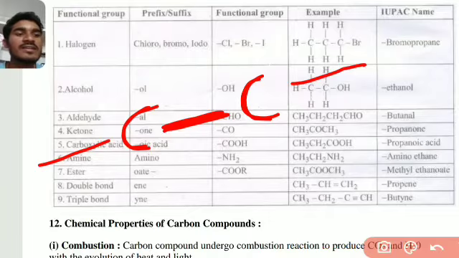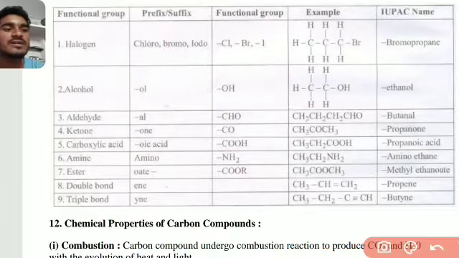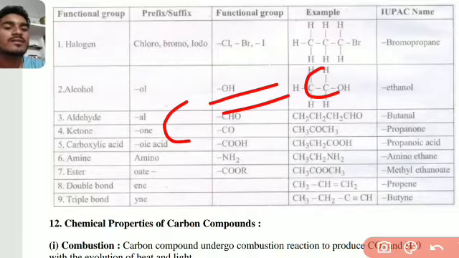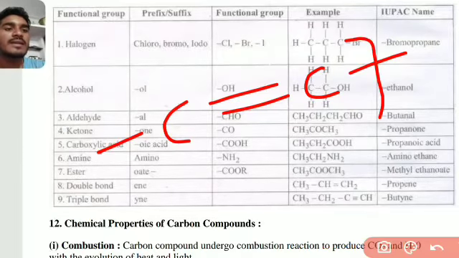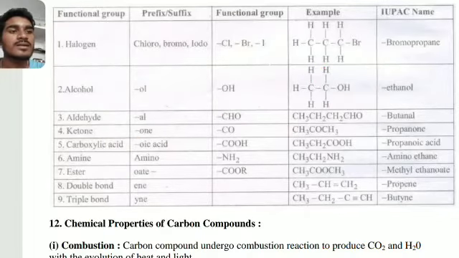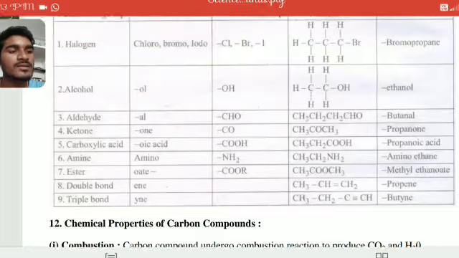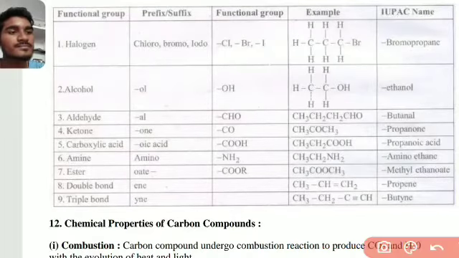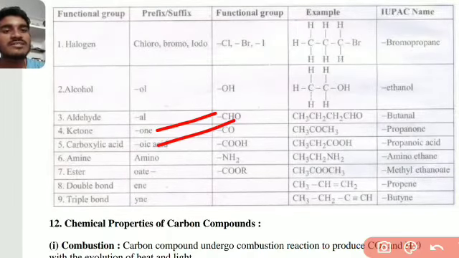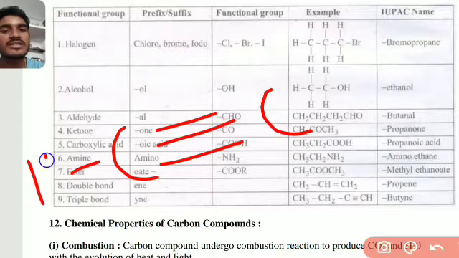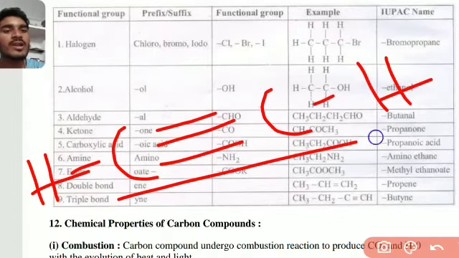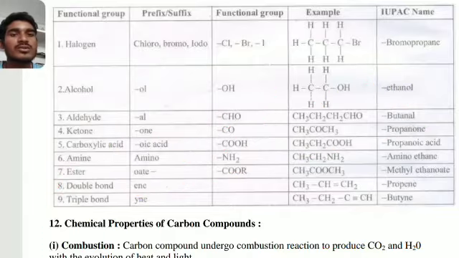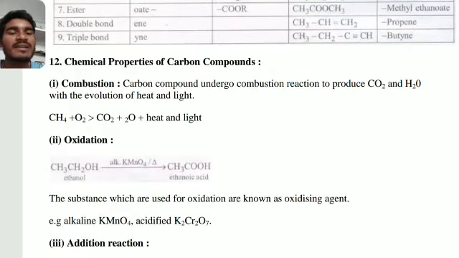And if the carbon has a double bond, ethylene is the example of an alkene. Okay, next alkyne. Alkyne is a basic need for knowing the triple bond. If it is a triple bond between carbons, with H on each side, it will be an alkyne, for example. So now we see the chemical properties of carbon compounds.